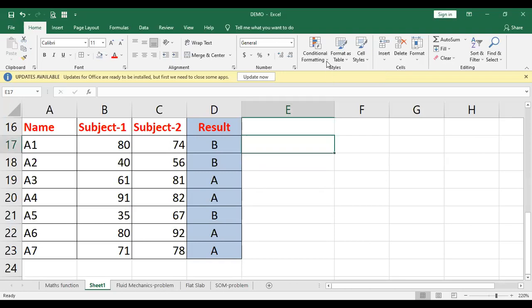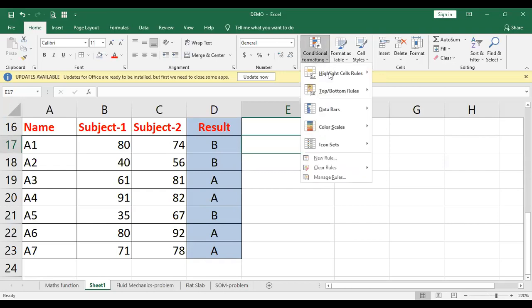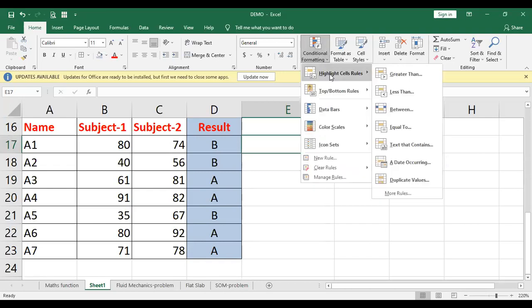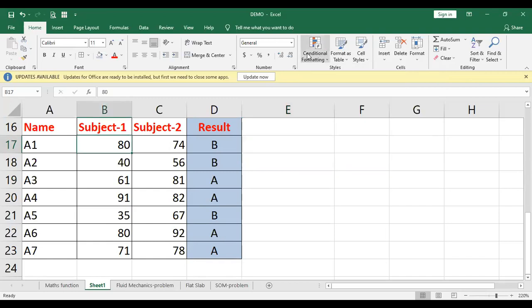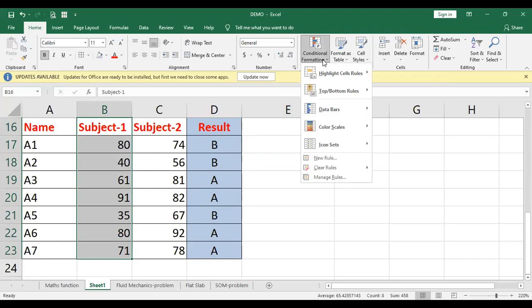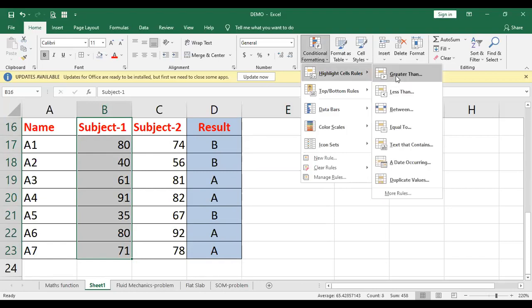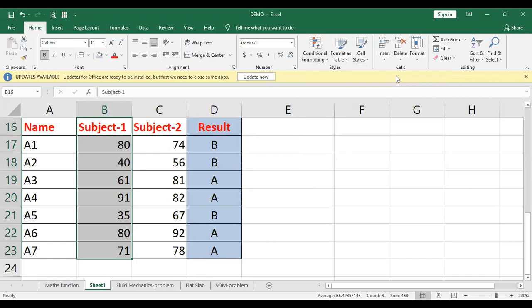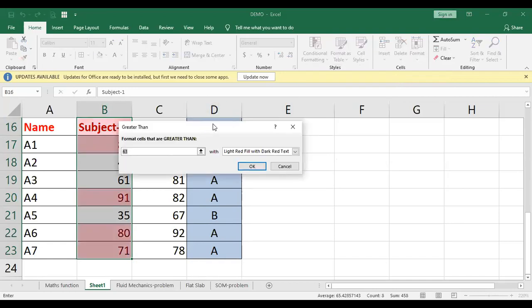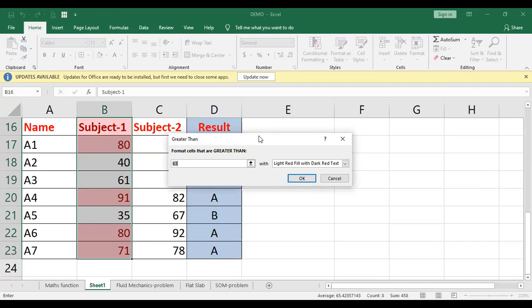So go to the conditional formatting. You can highlight the cells. So let us highlight here all. I'll just select this. Go to the conditional formatting. Go to highlight cells rule. Let us say greater than. I'll just click here. Now it gives you automatic color. Whether one is passed or not, you can see with the color itself.